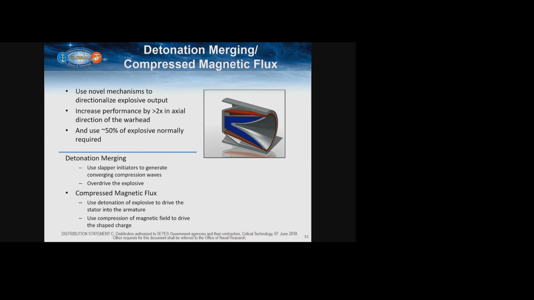So there's an electrical signal, and this slapper mechanism, so basically it's a little plate, comes down and smacks the explosive, and induces enhanced pressure in the axial direction. Same thing on the other side. And so what that does is you get overlapping compression waves, and it's essentially like squeezing a tube of toothpaste. So you're confining the pressure to one direction rather than allowing